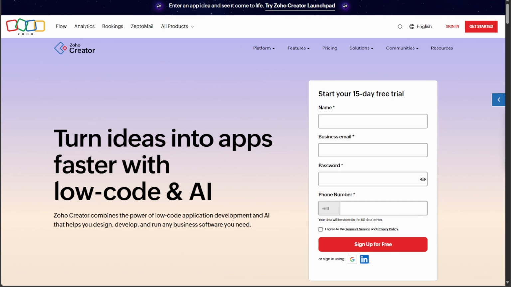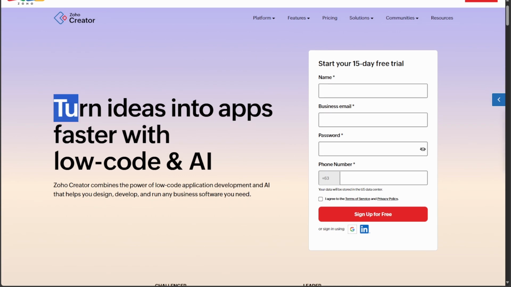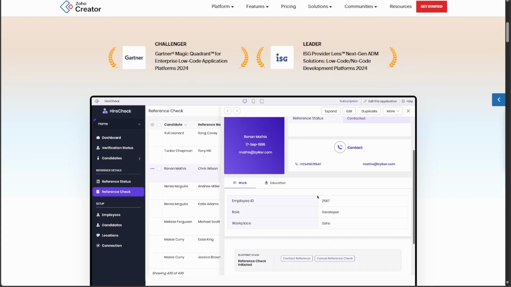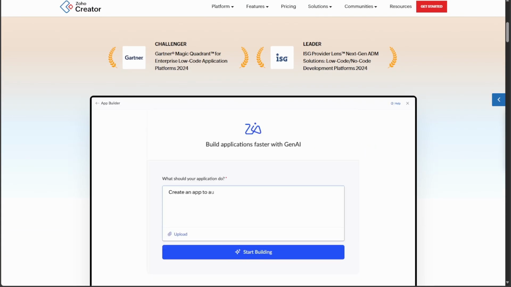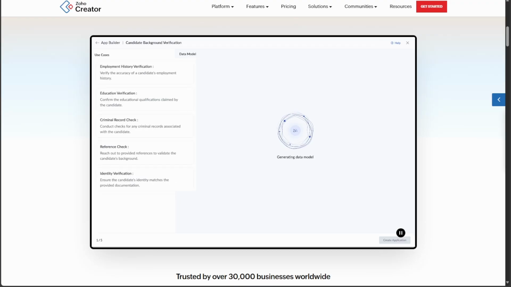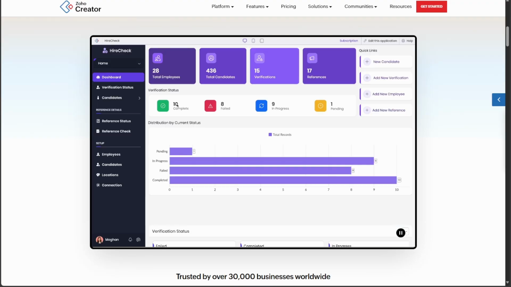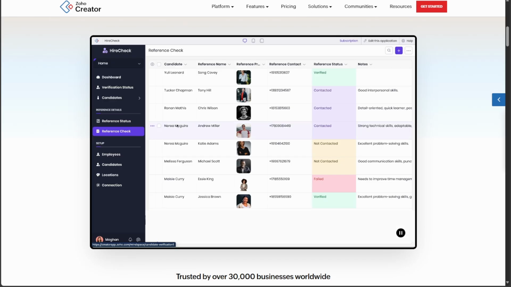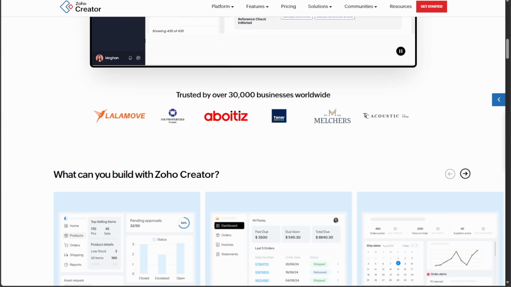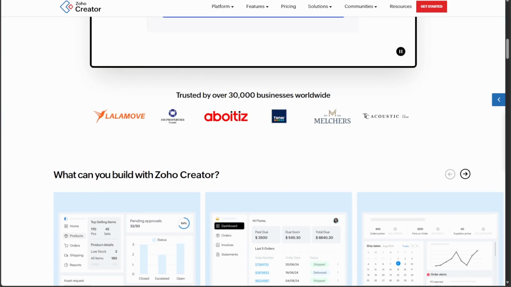Zoho Creator is a capable low-code platform that lets businesses build data-driven web and mobile apps fast while still offering enough depth for developers to extend functionality with custom code. It shines at rapid prototyping, form-driven workflows, and integrations across the Zoho stack, making it ideal for internal tools, inventory